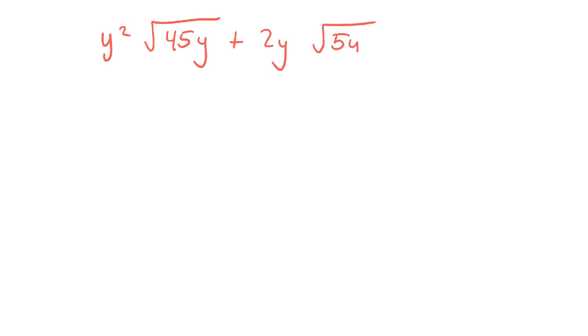So it says, simplify. Assume that each radical represents a real number. And if each radical represents a real number, that's our stipulation that the variable has to be positive, which is where the absolute value is going to come into play. Okay, so again, it says y squared times the square root of 45y plus 2y times the square root of 5y cubed. Now, the first thing to recognize is when your directions say something like, the radical represents a real number,